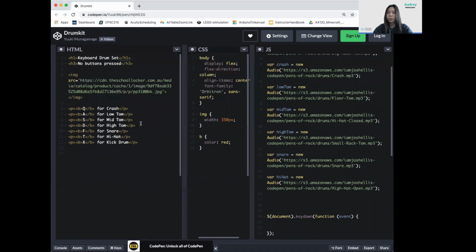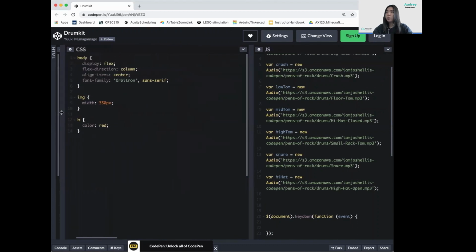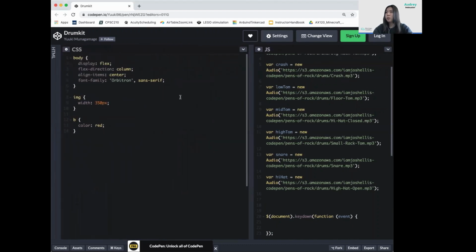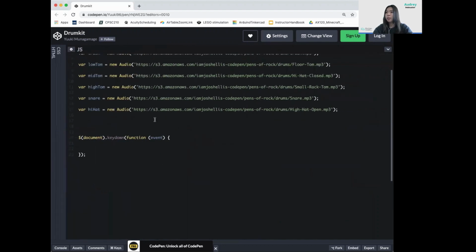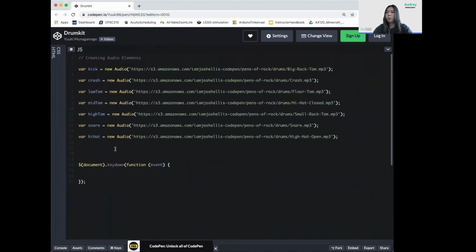The first thing we have to do, I'm just going to hide my HTML and CSS and go back to JS. So we have the variable, and we're going to create some constants. We'll be using constants since the values, which are the sounds of different keys, will remain constant. It won't change for the sound whenever we press the key button. So let's do 7 of those keys. So constant